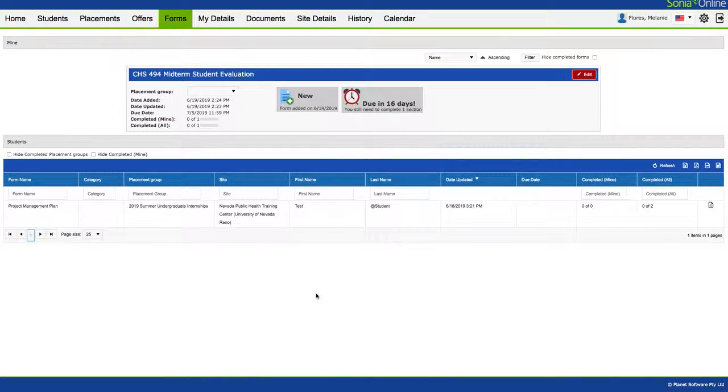Going back to the forms page, let's talk about student evaluation. So a new form that is actionable by you will be under this mine header. And I know it's actionable a few reasons. 1, it says it's new, and 2, it says it's due in 16 days, and I have the option to actually edit. Now, in this example, if I have a couple cohorts that I can choose from, so you want